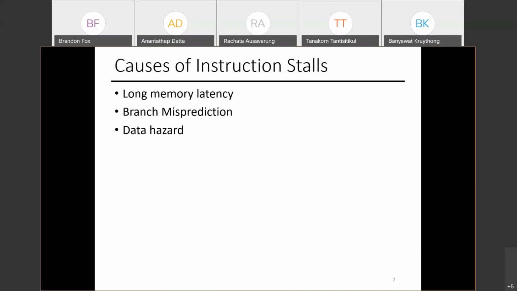And there are some reasons that can make your execution time longer. In the earlier example, if you have a different instruction with the same type of instruction, you can end up with more than 9 cycles, right? Sometimes you have a long memory latency because you have to go access the memory. Sometimes you predict a wrong branch. We briefly talk about this toward the end of this class. And the one thing that we talk about mainly in the last lecture, including today, is data hazard. What is data